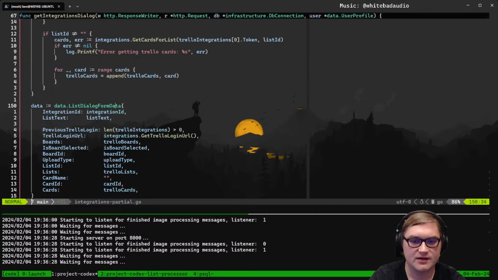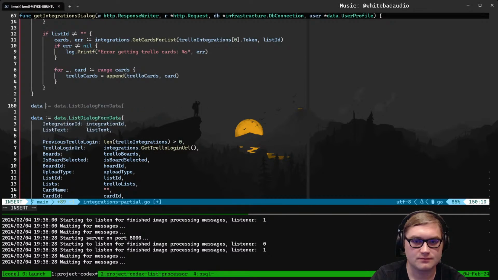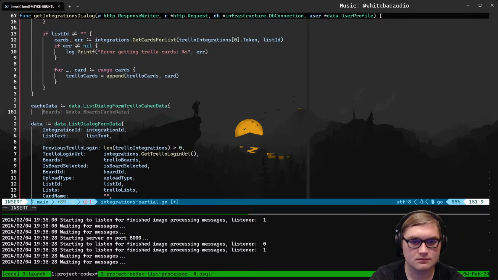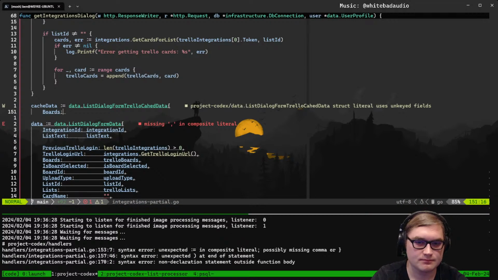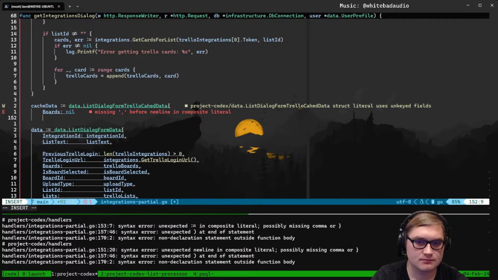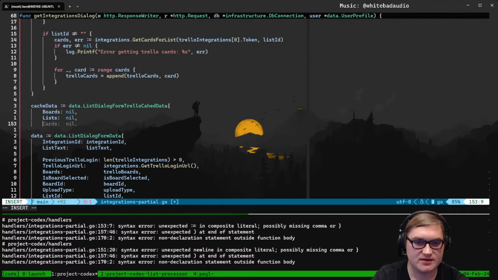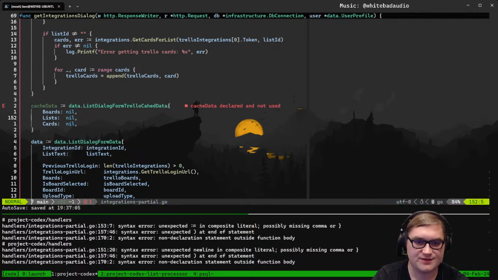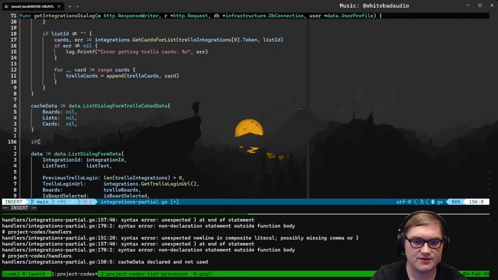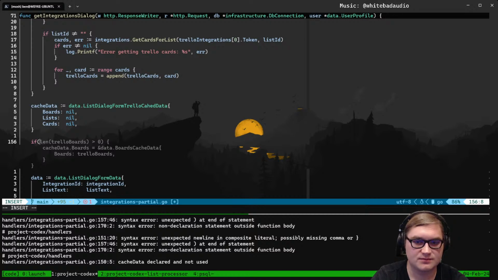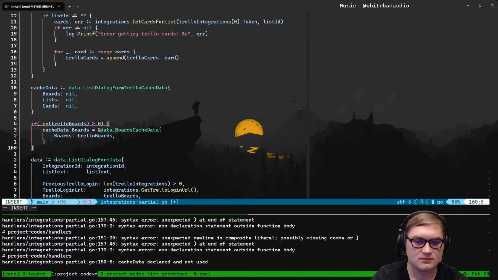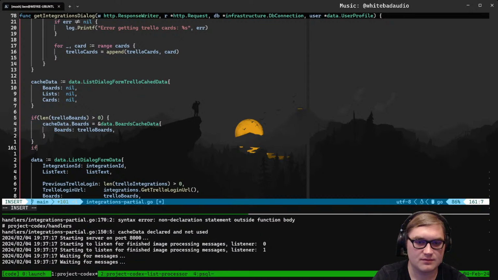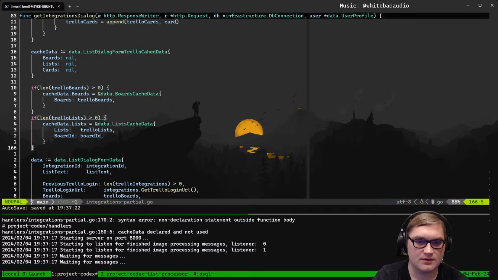So then we'll go back here. I think we have to instantiate all these as nil to start, and then we just have to do if statements for each of them. So if